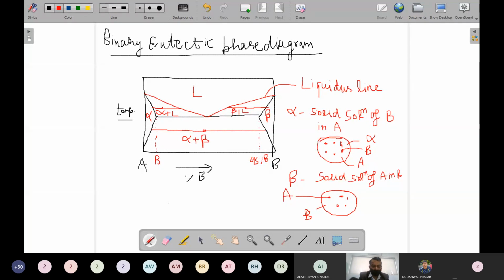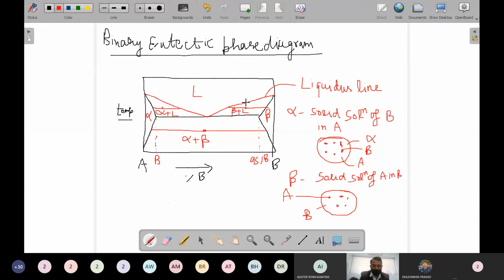So this is how you can point out any phases that are present in the system. It is very simple. You just move horizontally and see where this line strikes. It touches here. This is the alpha region, so alpha will be there. Plus, if you draw like this, it intersects liquid, so liquid will also be there. Similarly, here, if you draw like this, it intersects the beta boundary, so beta will be there, plus liquid will be there, because if you draw like this, it will intersect liquid. So it is very easy.